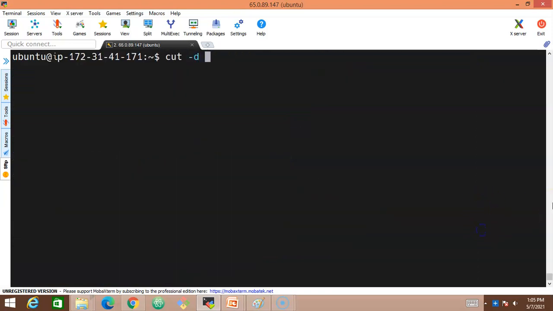cut -d, and let me type the delimiter, colon, and -f, and what fields? 1, 4. We are trying to cut the 1 and 4 fields, space /etc/passwd. This is how you should understand this command. It is going to cut the first field and the fourth field.